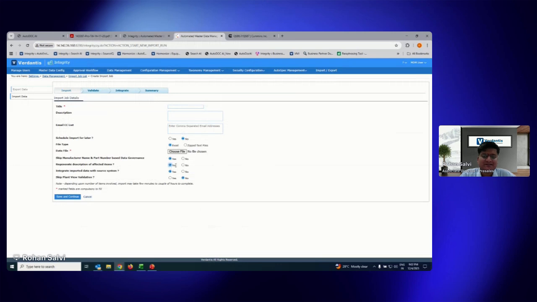So in that case, once the template is filled in, I can select what type of activity I would like to perform on the export, on the import job. Whether this is a new part that I would like to create with the approval workflow, and so plant level details may not be available upfront, right?